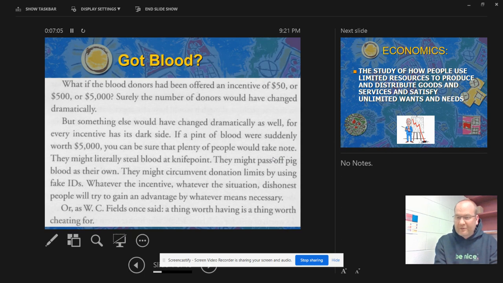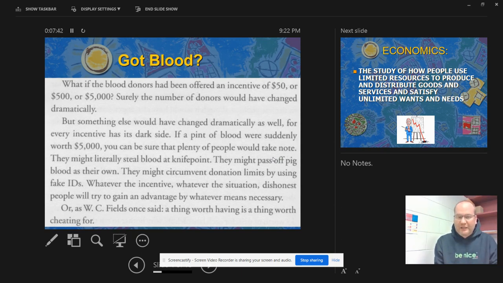Like people would be like, whoa, $5,000 just to give a pint of blood. I'm all over it. At $50, that's still a lot of money. People might drive down the road to wherever the blood bank was and give blood, but maybe they won't. I don't know if $50 is worth their time. They've got to fill up with gas maybe to go do it. $500, people will probably be like, yeah, I can find some time to do it. And for $5,000, absolutely, people are going to start giving blood. If you know anything about giving blood, you can only do it like once a day or once every other day because it makes you lightheaded and all that stuff. So if you are giving blood, you know what that's all about.